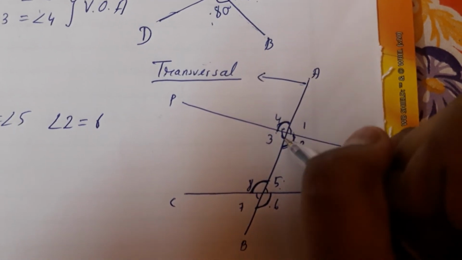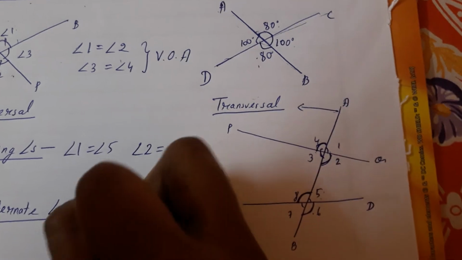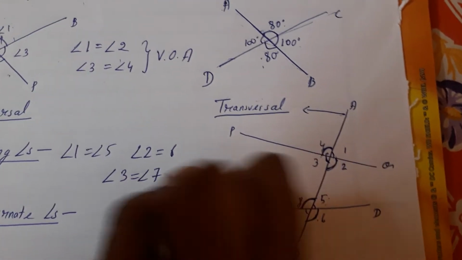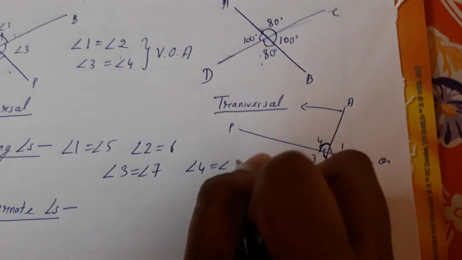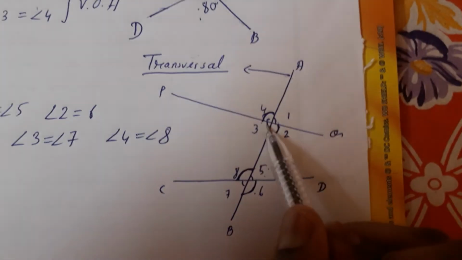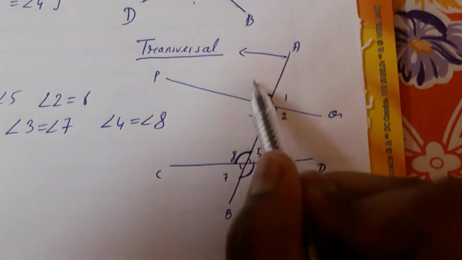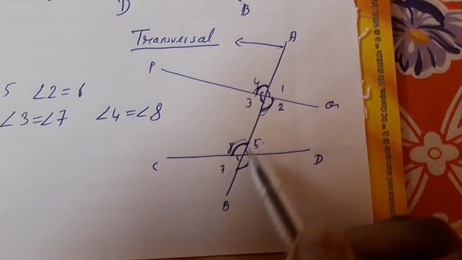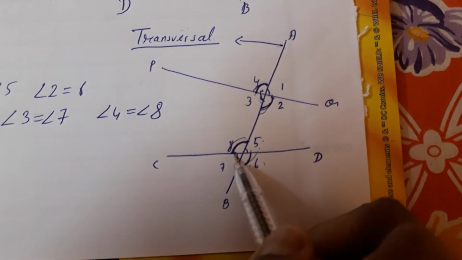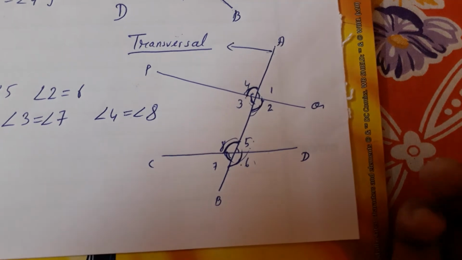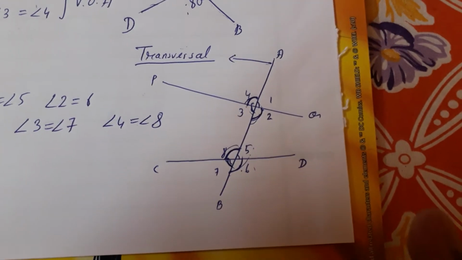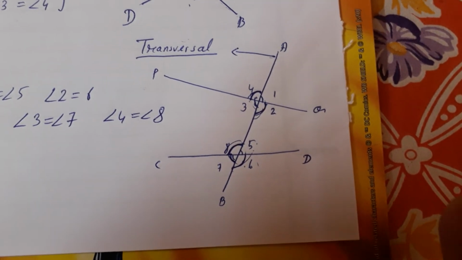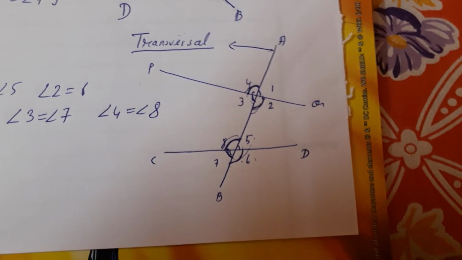And angle 3 equals angle 7, and angle 4 equals angle 8. See, angle 1 and angle 5, angle 4 and angle 8, angle 2 and angle 6, angle 3 equals angle 7. Okay, so in this way, these types of angles are called the corresponding angles, which are two angles on the same